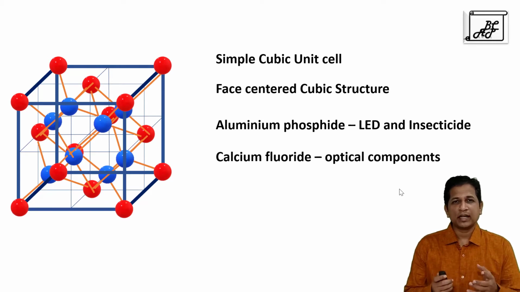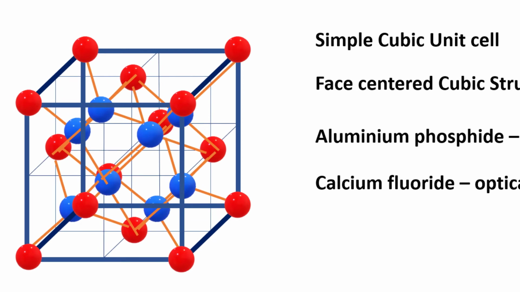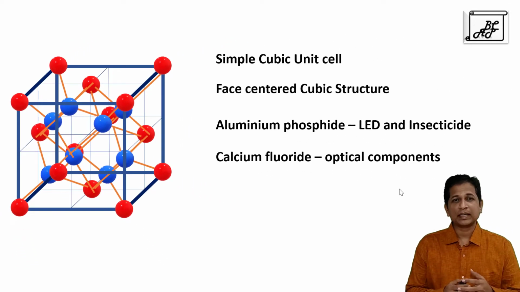In the structure, the red atoms are forming a packing and blue atoms are occupying voids. In this unit cell, the volume occupied by the red atoms, the atoms which are forming a packing, is called packing efficiency. Thus, it is very important to know packing efficiency while introducing new elements into the voids to change the properties